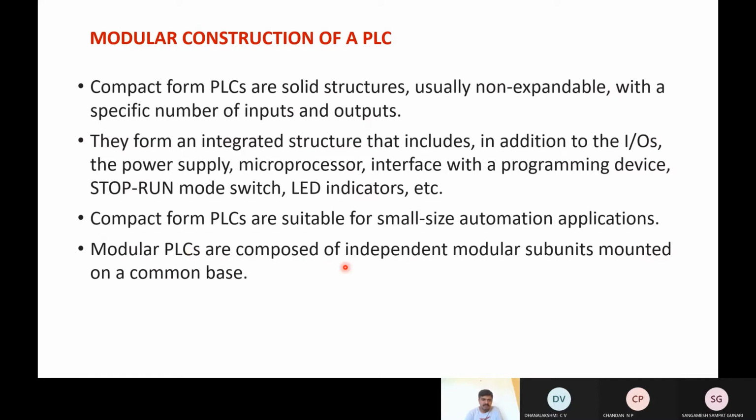Modular PLCs are composed of independent modular subunits mounted on a common base. Here only the size of the PLC will be decided by this base. Whereas in each subunit, you can have a subunit according to the requirement.